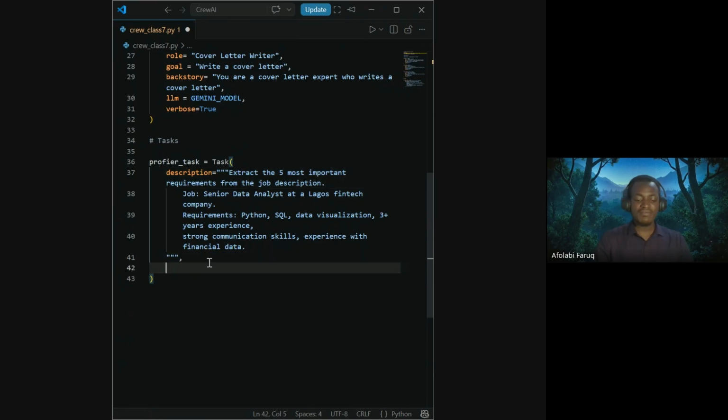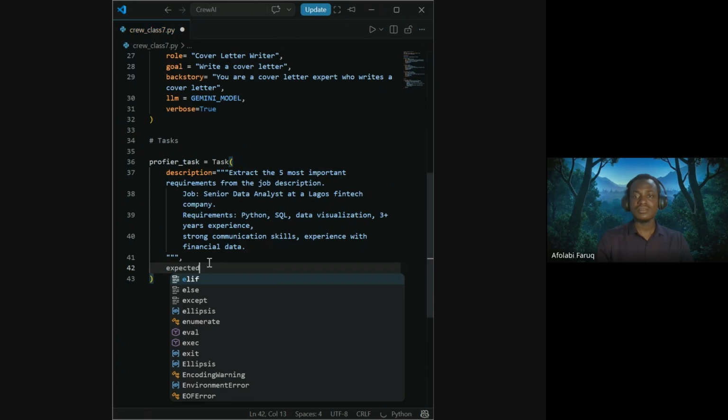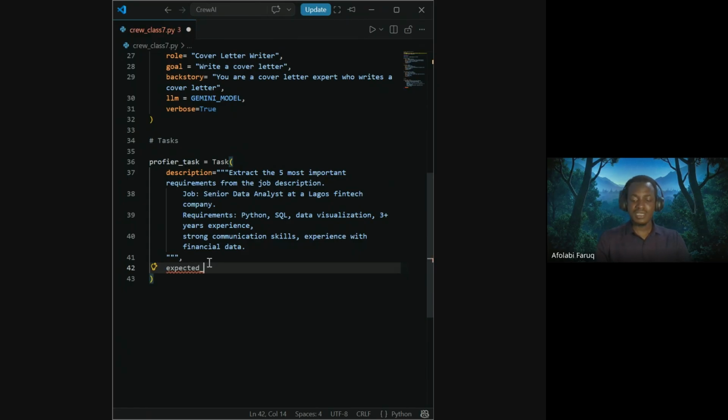Then we will have the expected output to be the five most important requirements from the job description.